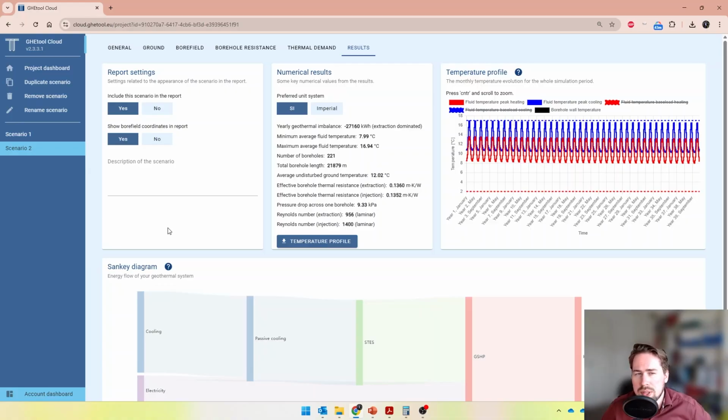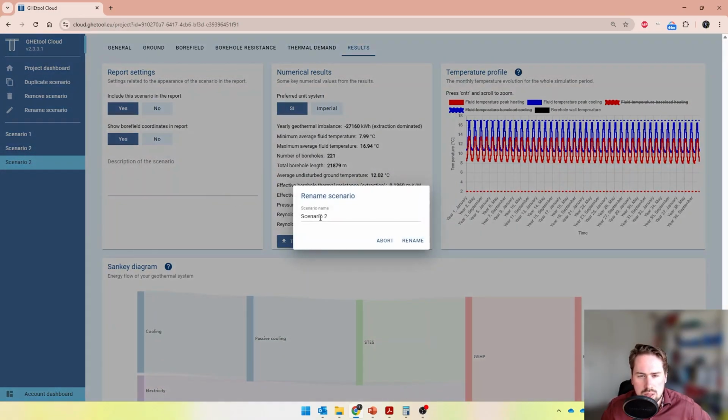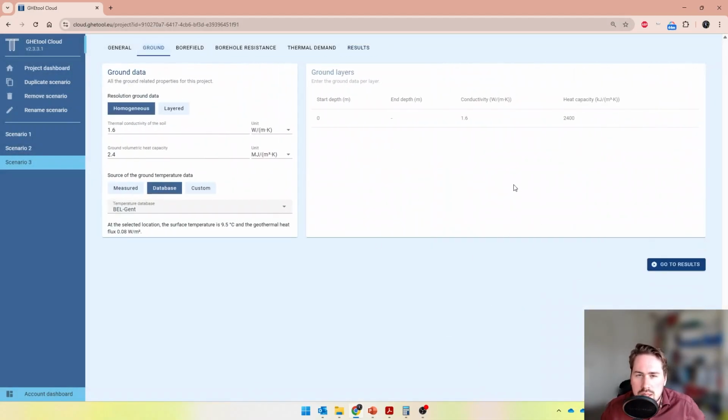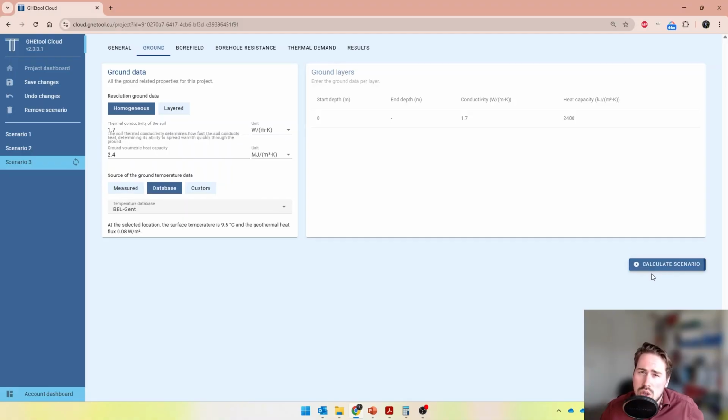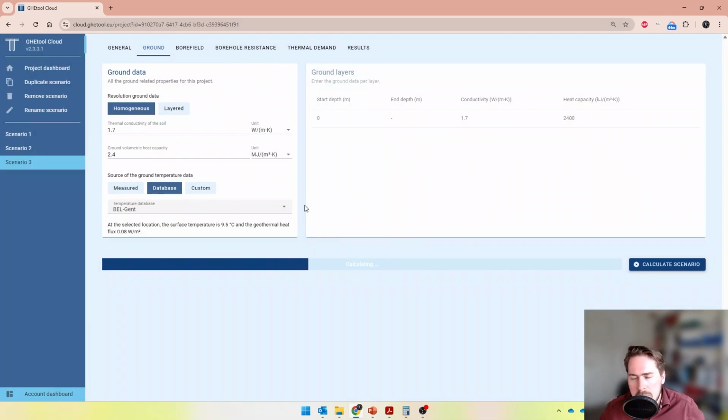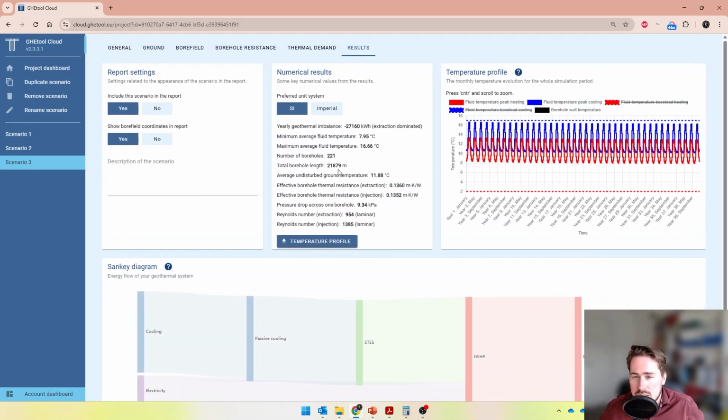So this is what we did, but we actually made a small mistake. Perhaps you've noticed. I said we went from 150 meters to 100 meters deep, but that also means that our average ground conductivity changes. Let's go ahead and take that into account. And this also stresses the importance of using ground layers, because when we're now not that deep in the clay layer, we actually have a better conducting soil. Now let's see if that has an effect on our design as well. And as you can see, it has, because now we're at